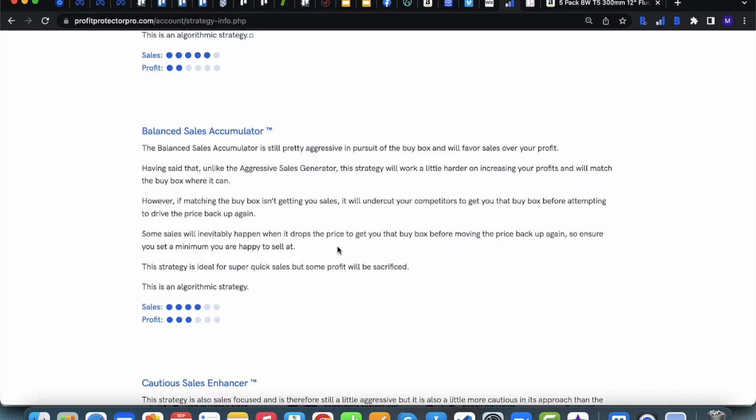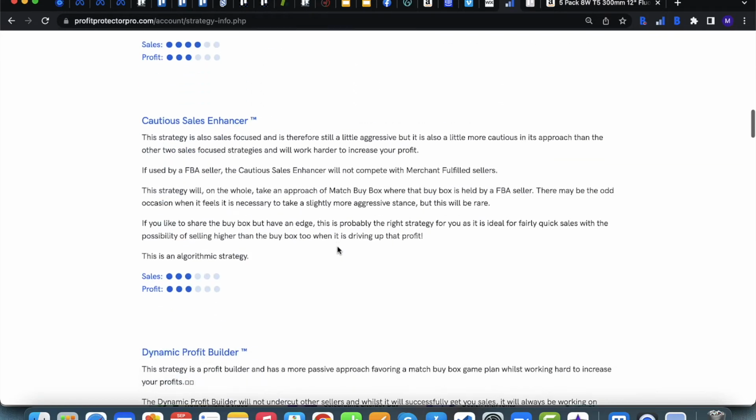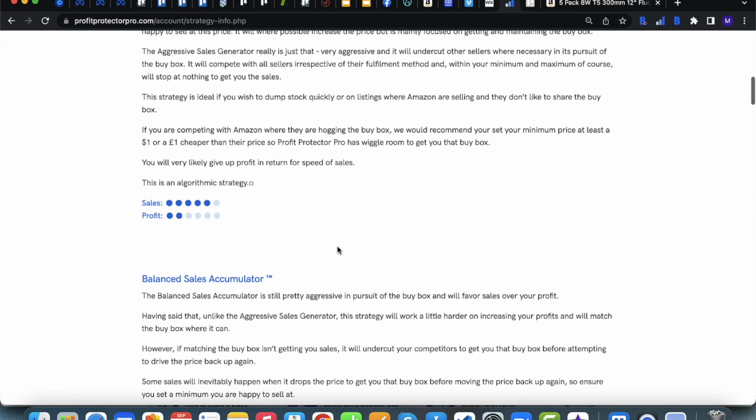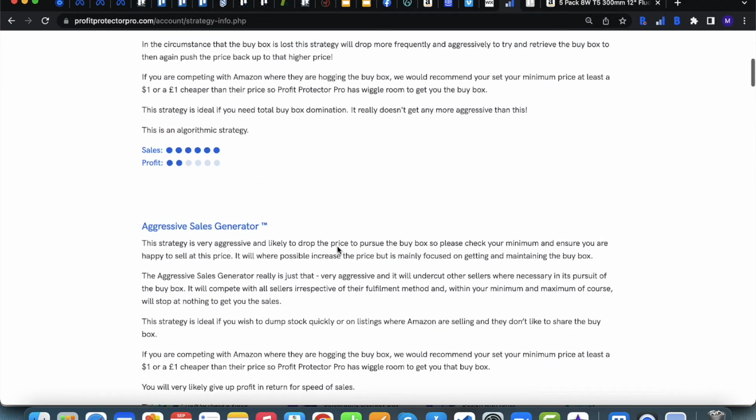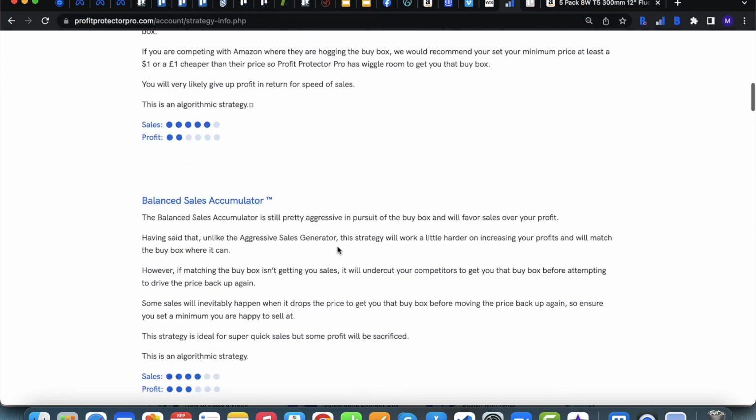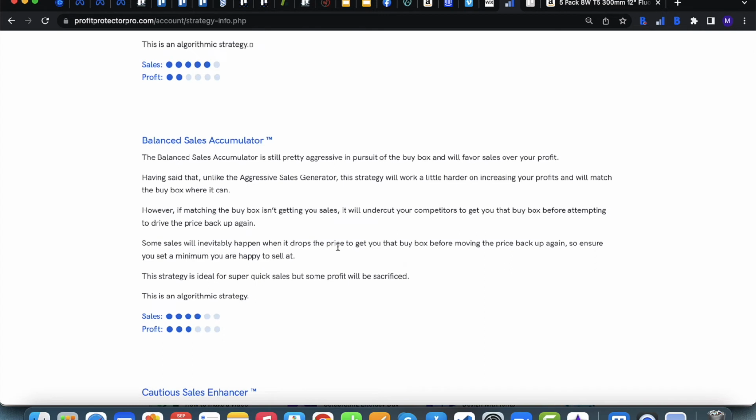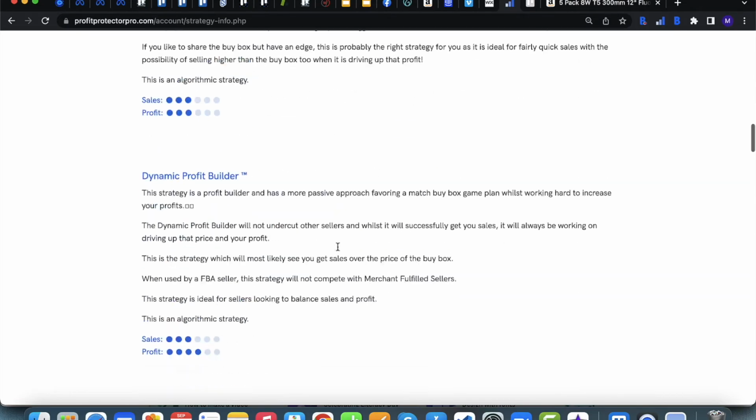But this is a nice middle ground which will help you judge if potentially you can be a bit more passive, so then you can change it to a more profit focused strategy. Or if you do need to be a bit more competitive, then you can switch it up to a more aggressive strategy. But a balanced one is a nice middle ground and a nice place to start. Or again, you may want to keep it as a balanced one because they do work very well.